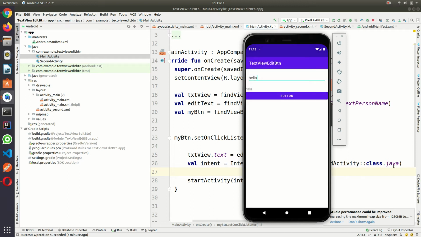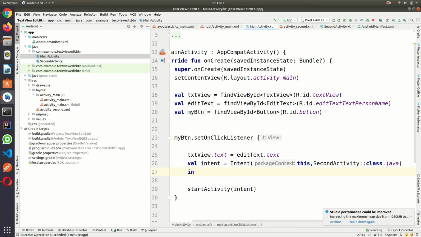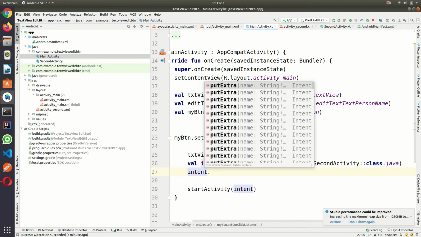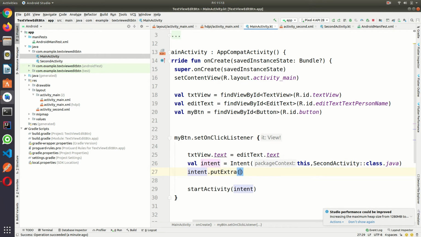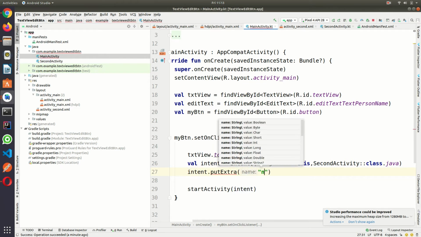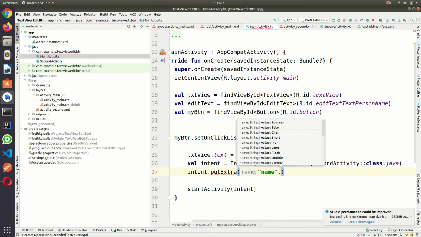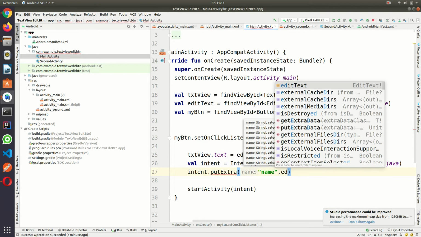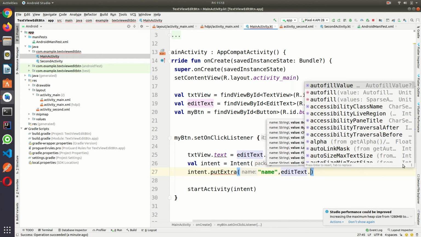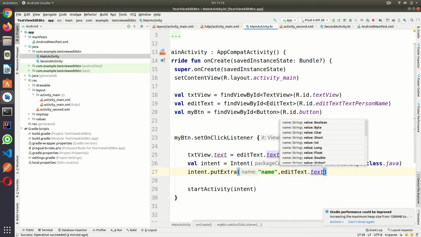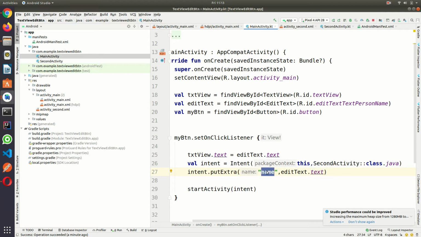For that we can use intent dot putExtra. Write the key here and the value here, the edit text's text. With this name we can access it.